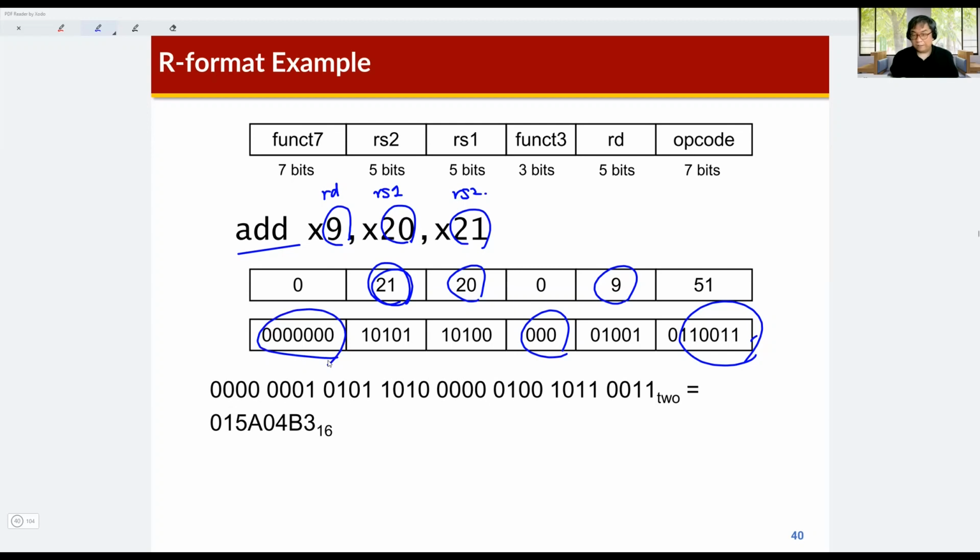So by combining this information, we can generate the machine code instruction for this add x9, x20, x21. Okay, with the binary number, we can represent this instruction like this, and with the hexadecimal number, we can represent this instruction like this. We frequently use hexadecimal numbers to reduce the width of the binary number. Because in order to represent the machine code with binary, we need 32 digits, but with hexadecimal, we just need 8 digits. Okay,